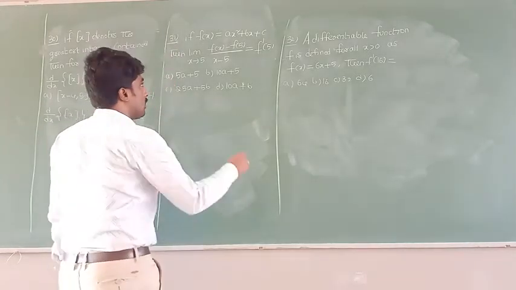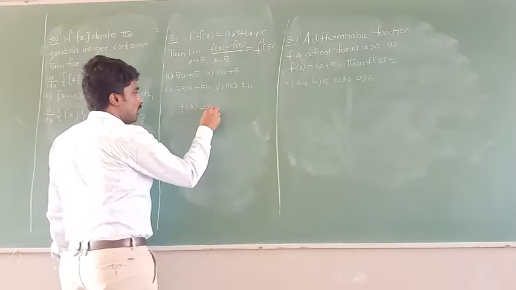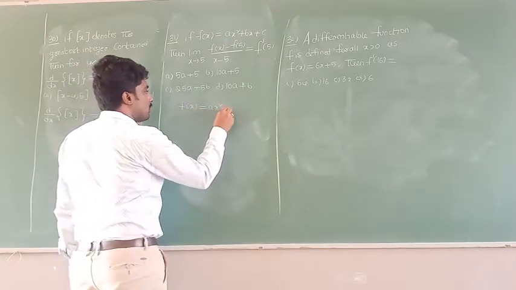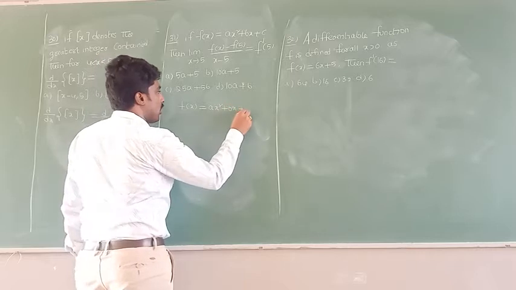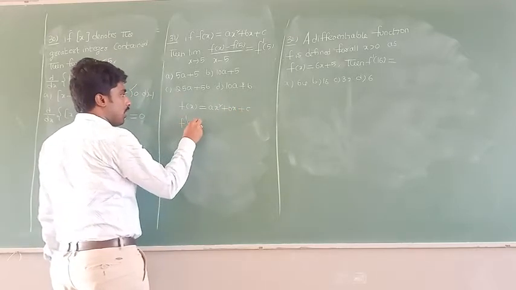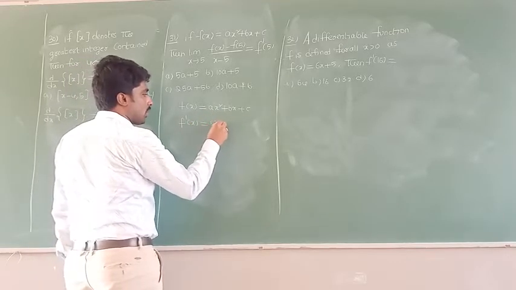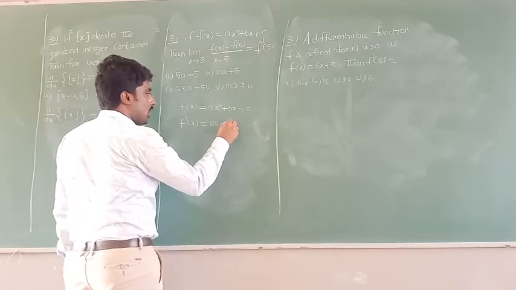Now what they have given here is the function f of x equal to ax square plus bx plus c. Now if I do the differentiation of this function, what will we get? F dash of x equal to a into the differentiation of x square, which is what? 2ax. So this one is 2ax plus b.